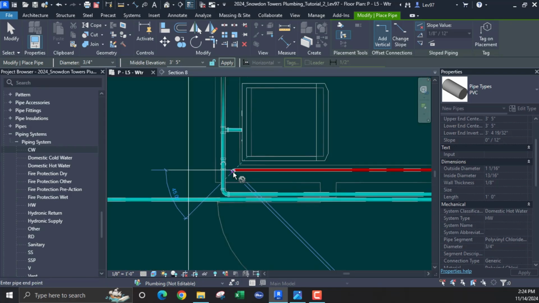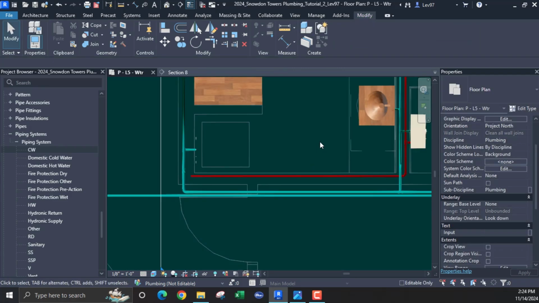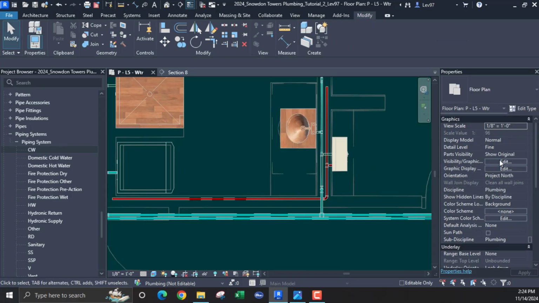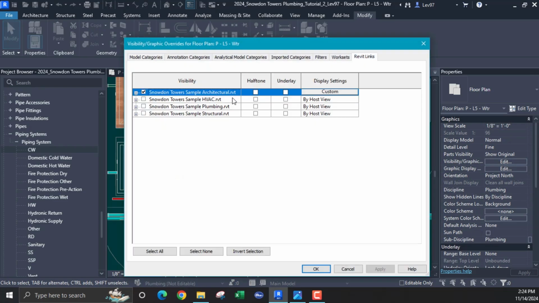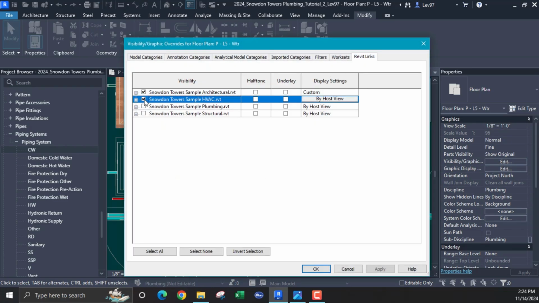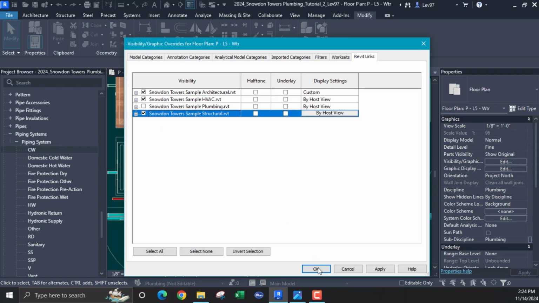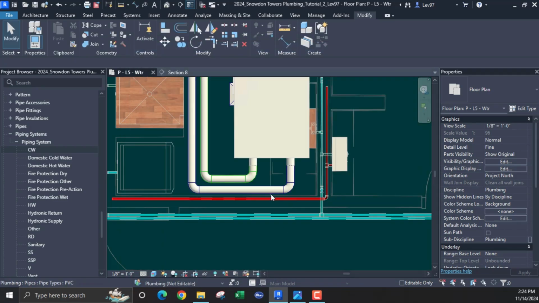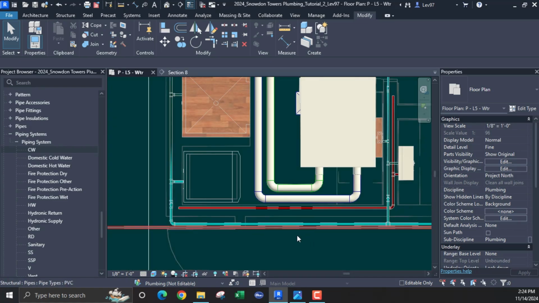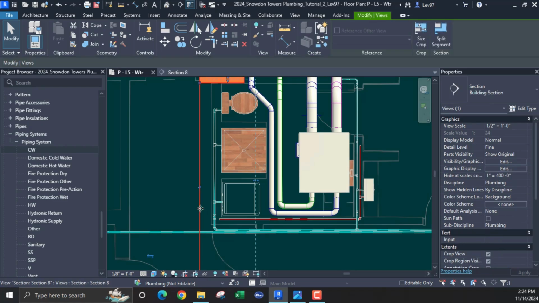Okay, and let's turn on the HVAC to see if there's any interference, just because. And the structure, I think I'll have to look at the structure in section view. Okay, that looks good. There's nothing going on there. Section view, let's go here. Let's see, let's go here. I guess I can look at it like that. Section,